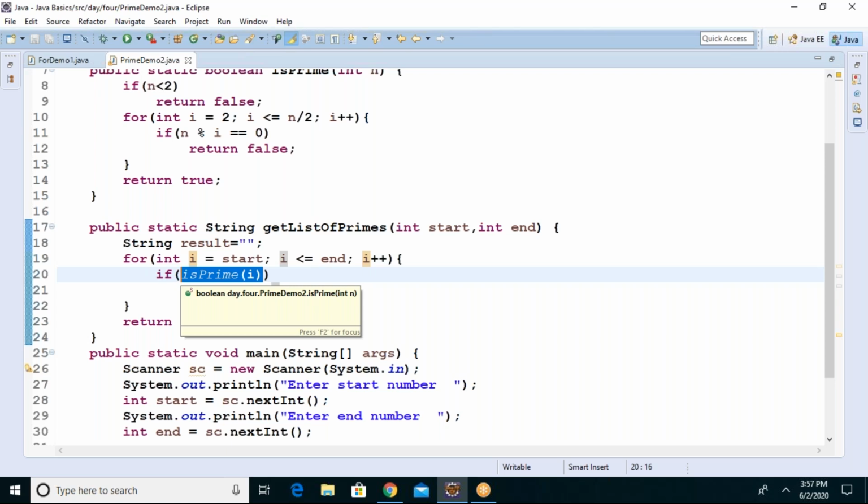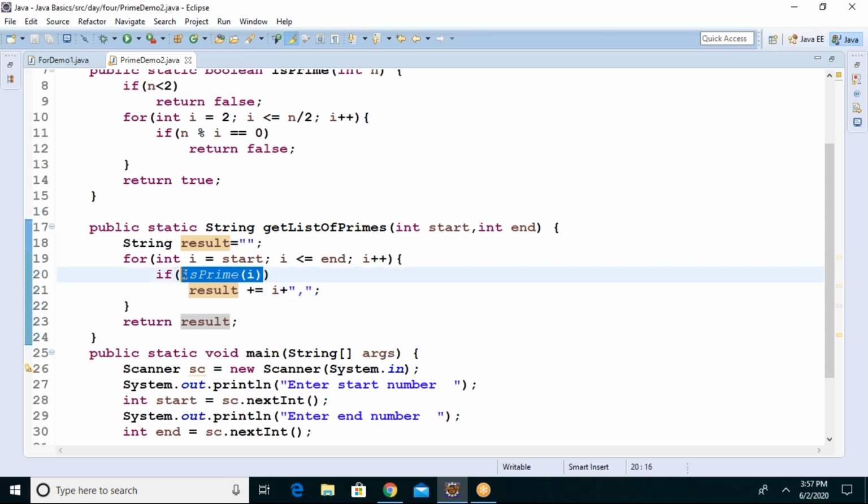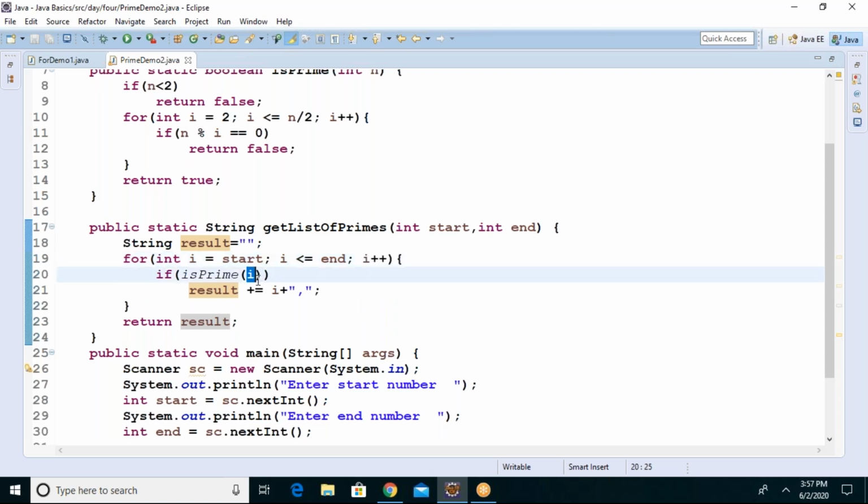False. When it returns false, will that be added to the result or will it be ignored? Ignored, right? Because if the condition is false, will it go into this if condition? No. It will come out of the loop and it will increment, right? I will become 11 now, correct? Then 11 will be passed. Now tell me what will be the output return type. If I pass 11 to this method, what will it return? True or false? True.